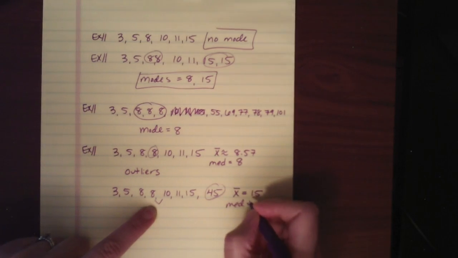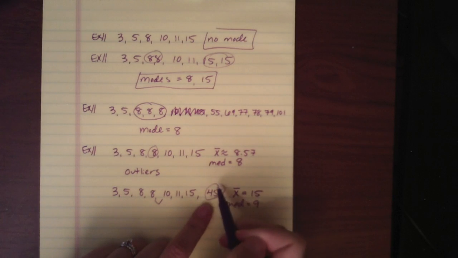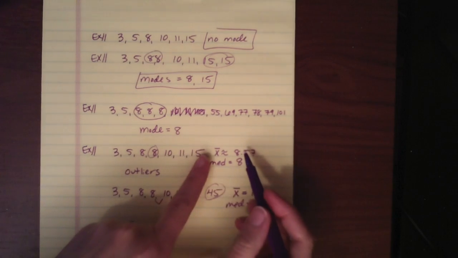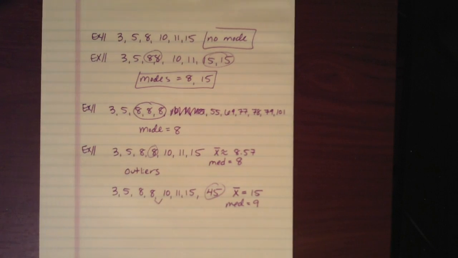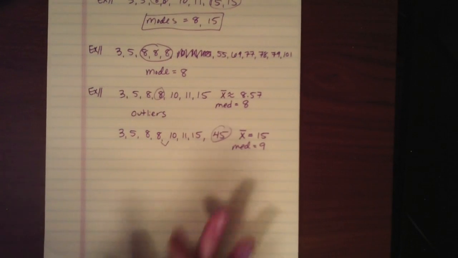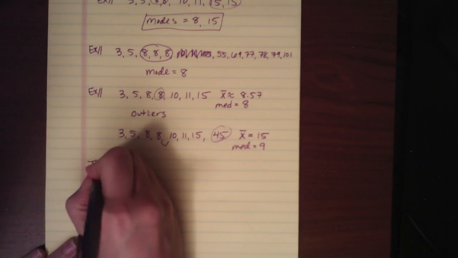And our median at that point is 9. Okay, so notice that by adding on this outlier value of 45, our mean moved a lot, our median barely moved. Okay, this is a really central concept when we're talking about measures of central tendency, and the notion there